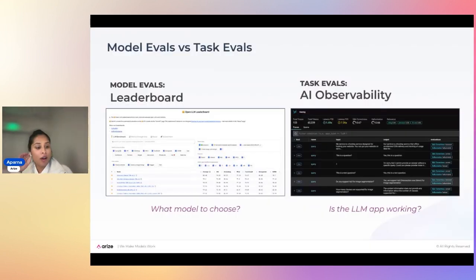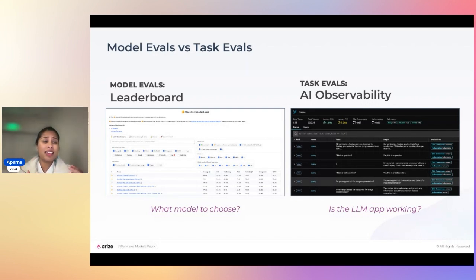First off, I think the word evals is overloaded, when there are really two types of evals that we're hearing in the market: model evals versus task evals. Model evals are the ones you see if you go to Hugging Face and look at the Open LLM Leaderboard, or Berkeley Function Calling, where the Gorilla team has done one specifically around function calling.